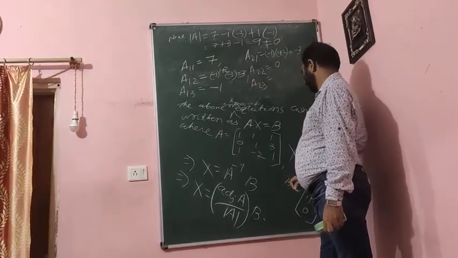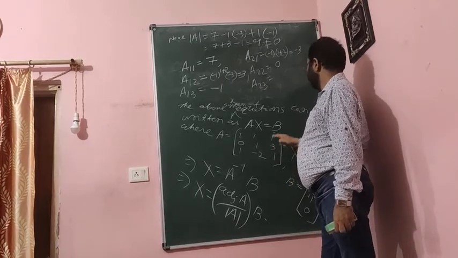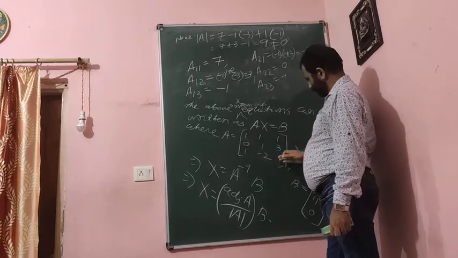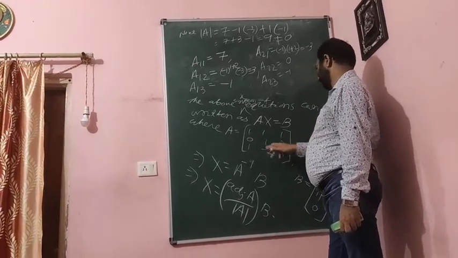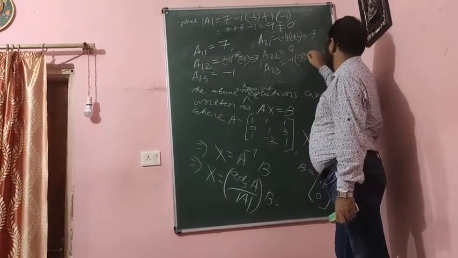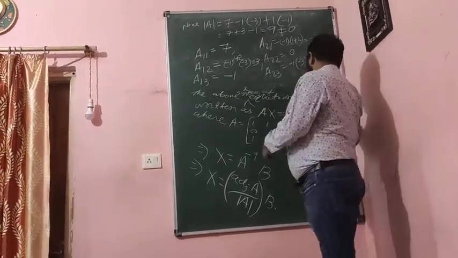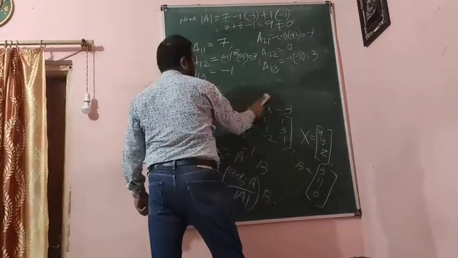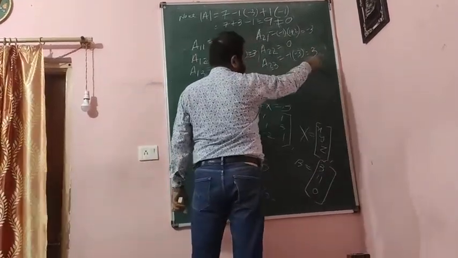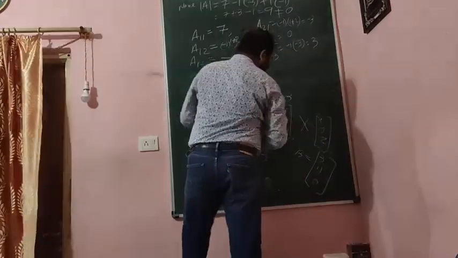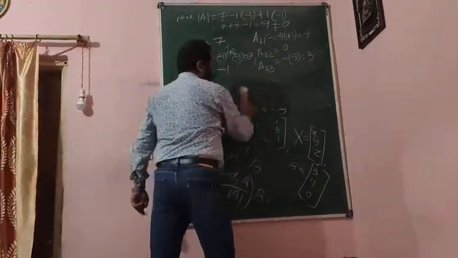A23, you see here, 2, 3 is negative, minus 1. And here this is cancelled. Okay, so here minus 2, minus 1, minus 3. So it is also 3. Next, come to calculate the other 3. Here I have no space, so I am writing here. But in a copy you have to write in here, so it will be easy to find the adjoint of the matrix.